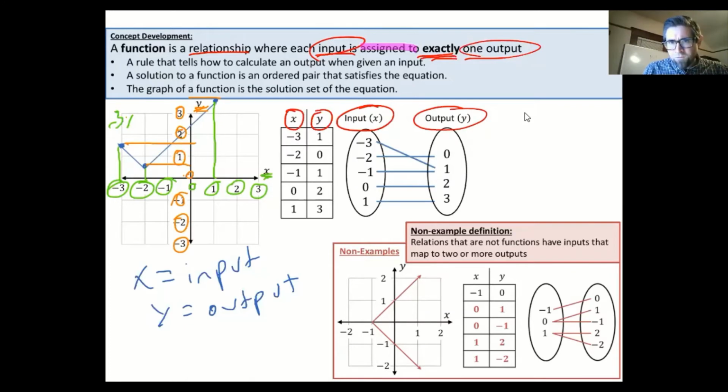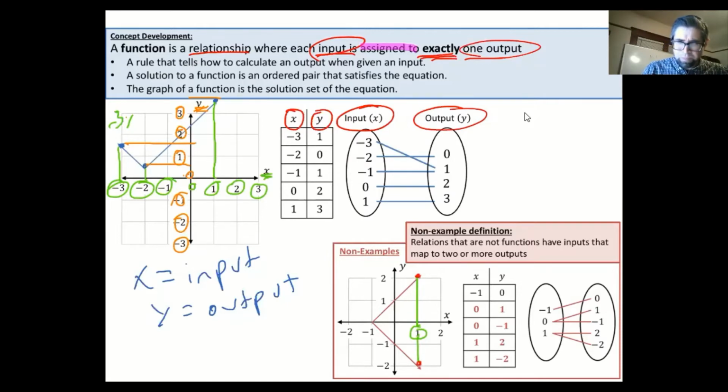Okay, so let's look at this non-example here and see if this clears anything up for us. Let's just say I'm going to go to the input +1. So if I go to the input +1, I want to look to see where is this relationship on the graph. And let me do a point in red. With the input +1, well, actually, this is confusing already because I could go up to this point of the relationship, but I also could go down to this point of the relationship, which I don't think is going to meet our definition